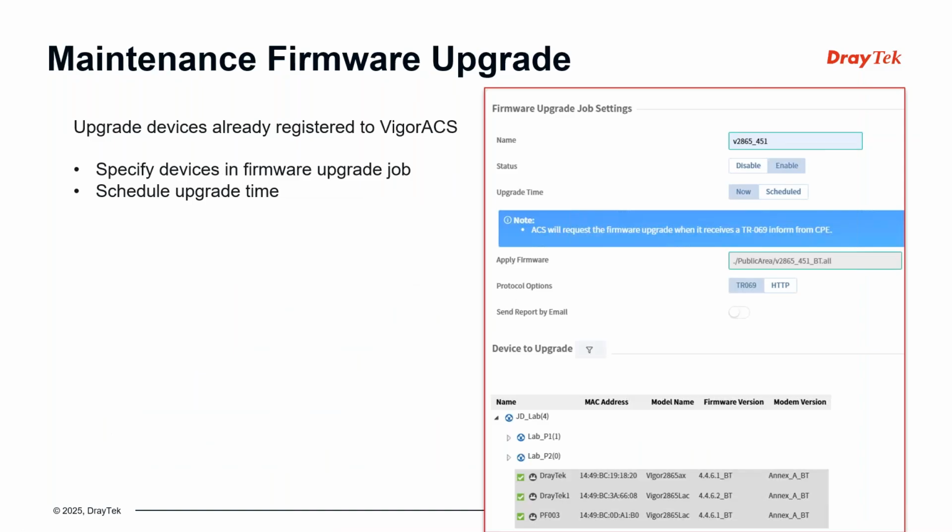So first of all, the maintenance firmware upgrade. Now, the benefit of using this type of upgrade is that it allows you to upgrade devices that are already registered to Viger ACS, and this is available in the maintenance menu, firmware upgrade menu, and this allows you to specify certain devices for the upgrade job. So we've got a graphical interface here, and essentially we just need to create the name of the firmware job. We can enable or disable it. So this is something you can prepare in advance